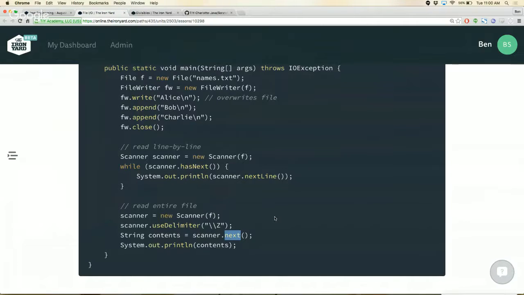Now tokens, in file parsing language, or I guess string parsing language, stands for basically a unit. A unit of text is usually considered a token. For instance, if I hit next, words in the English language are delineated by spaces, right? So the delimiter for the English language is the space. The same is true for standard default string parsing, okay? So if I were to have a sentence like,